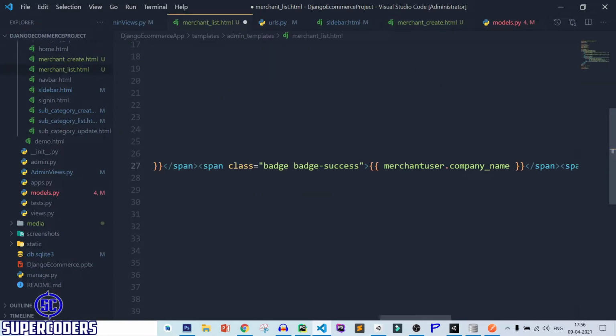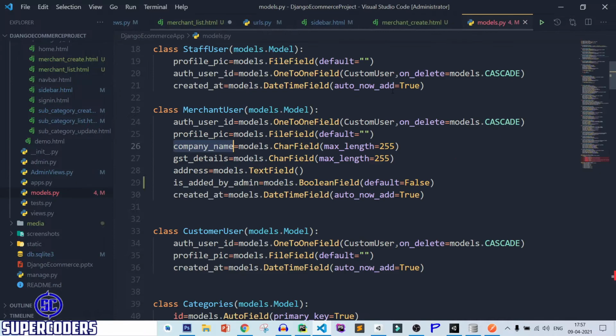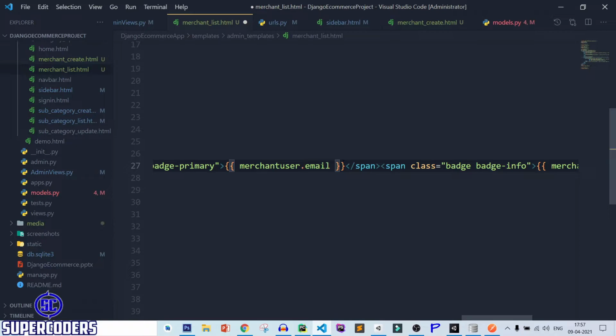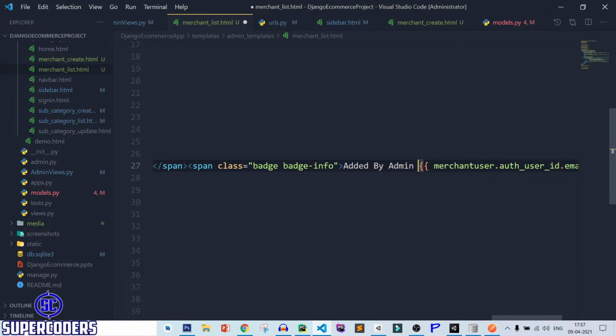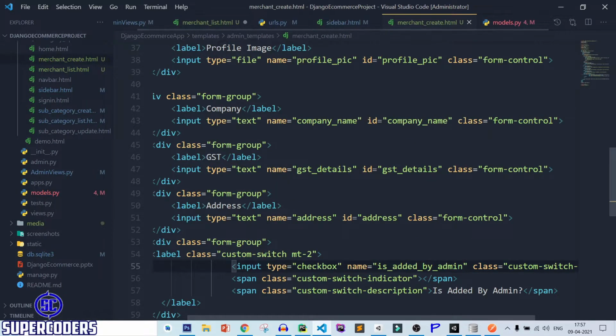After that, primary, and this time show the data of address. After that, added by admin, and here show the data of is added by admin.